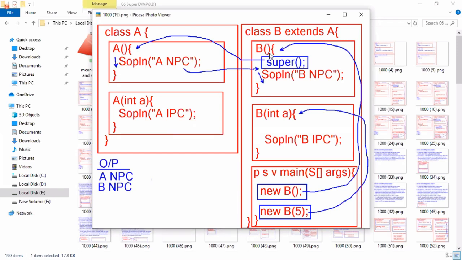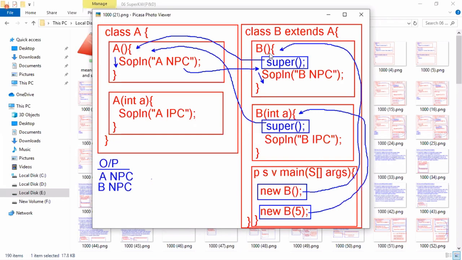Then inside the int param constructor, the compiler has inserted a super statement, the no-param constructor call only, because the compiler doesn't know which argument should be passed. So it is placing the no-arg constructor call only.